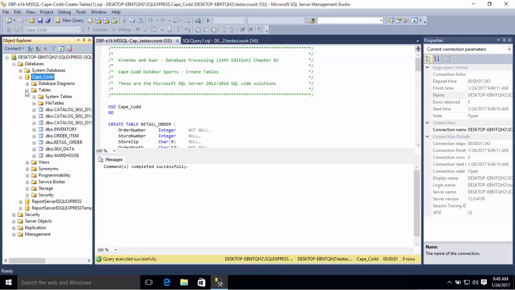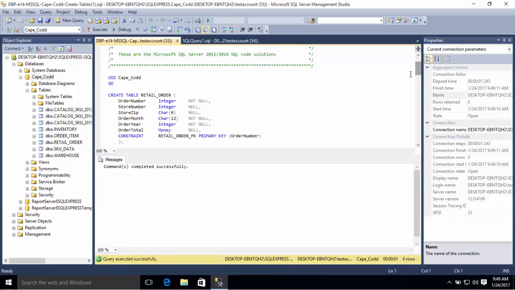Now we'll expand our tables again, and you see that we now have some new database objects, our tables that were created. And just from the reading, you recall that best practice when naming tables is to do it in all caps, so that's why you'll see that there. If we look here at our scripts, we'll see we wanted to create a table called retail order. If we look over here, here is our table, retail order. We wanted it to have these type of columns or